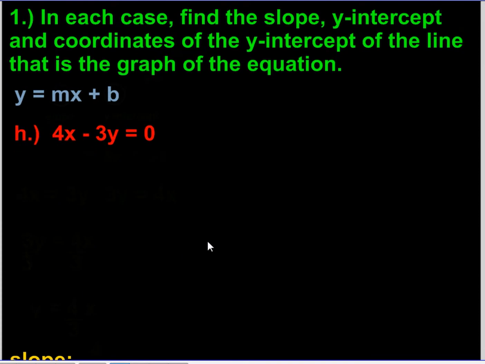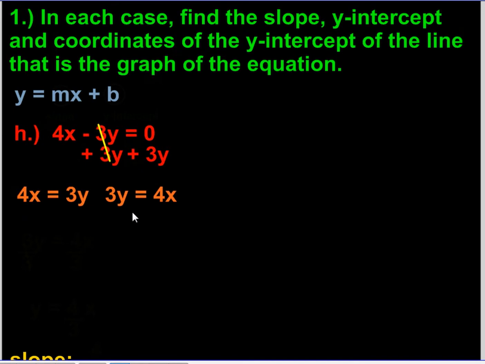Number 1h. In each case, again, find the slope, the y-intercept, and the coordinates of the y-intercept of the line that is the graph of the equation. And we have an example of what the equation of a slope is. And then we have h, 4x minus 3y equals 0. Now, in order to determine which is the slope and which is the y-intercept, we need to isolate y and get it by itself. So we can start by adding 3y, which will cancel this out on this side. And if we do that on this side, we have to do that on the other side. And that's going to leave us with